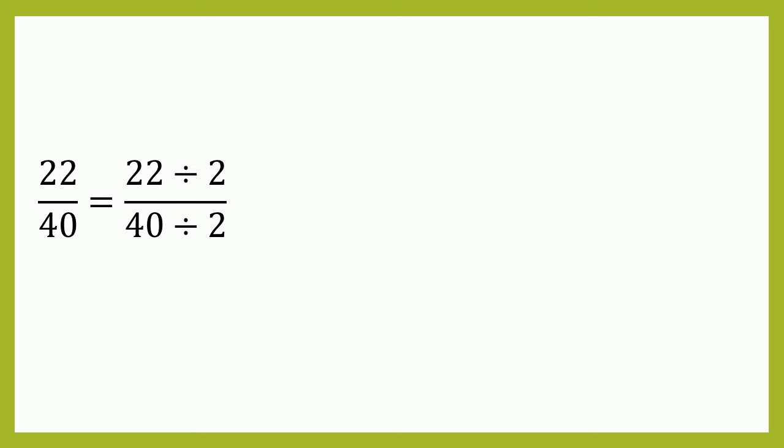So we will divide both numerator and denominator by 2. So we will get the answer as 11 upon 20. Now we will convert this number into a decimal fraction by multiplying 20 by 5. So 20 into 5 and 11 into 5, we will get the answer